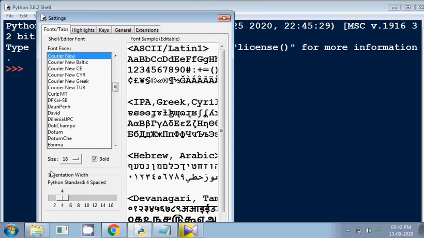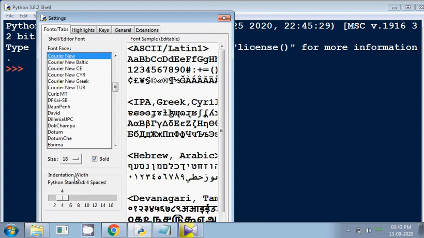Similarly indentation can also be adjusted from this section. As of now I've used the indentation as 4 spaces. So one indentation means 4 spaces. What is indentation? Indentation is basically the amount of spaces given to a Python program as soon as a tab is pressed.